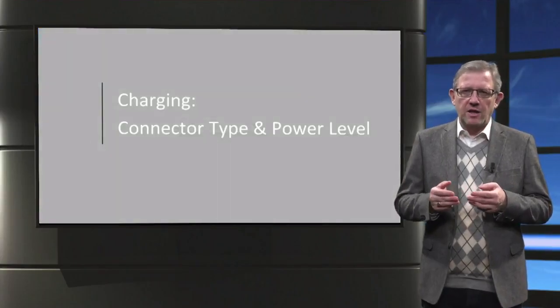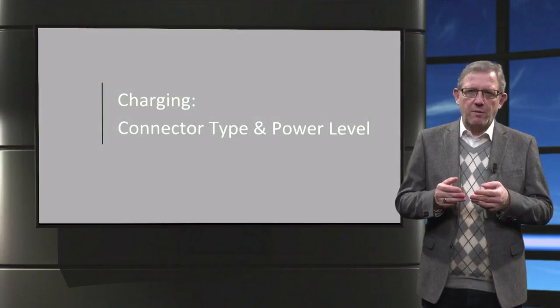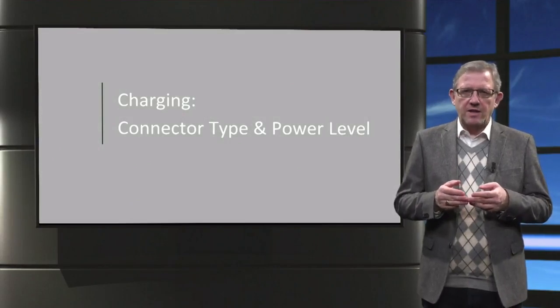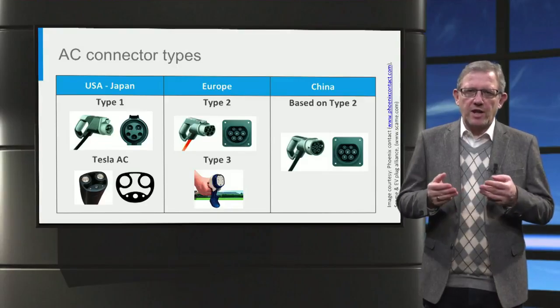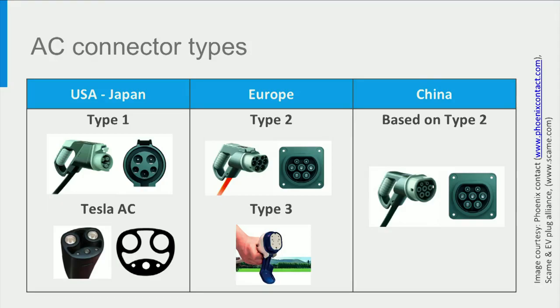AC and DC charging are characterized by the connector type and the charging power levels that can be reached. Let us now analyze this. For AC charging, the Type 1 connector is commonly used in the United States and Japan, while Type 2 and the less common Type 3 connectors are used in Europe. Tesla uses its proprietary connector in the USA and Japan, while it uses the Type 2 connector in Europe. Other parts of the world are often adopting the Type 2 connector, as it can work with both 230-volt single-phase